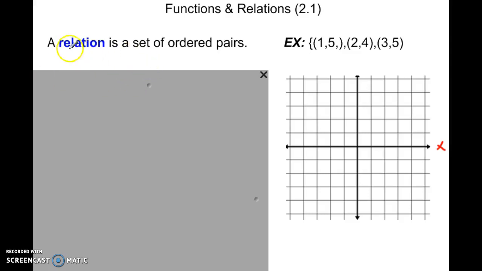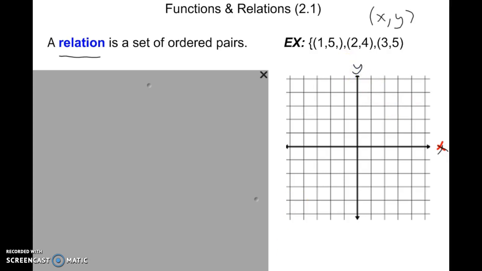Today's lesson, we're going to talk about functions and relations. A relation is just a set of ordered pairs. So here's a set of ordered pairs. We know that an ordered pair, you always do x comma y, where x is over here and y is